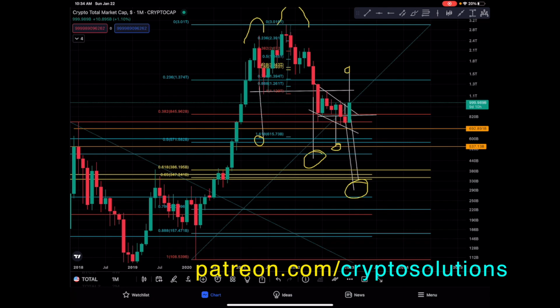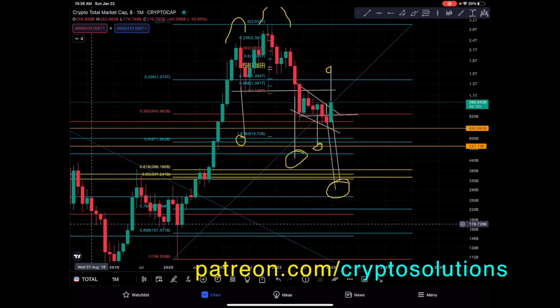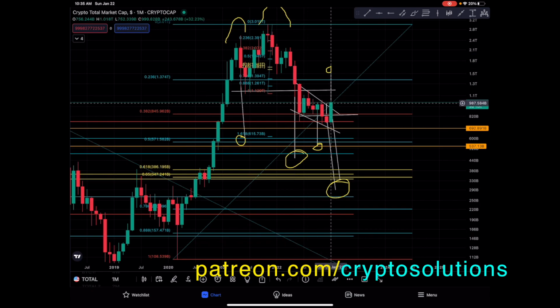A potential scenario will be a relief rally and then continuation to the downside along with the stock market. That can happen because in my view, there's too much space in between 88% of a pullback and 75%. And that's not how cycles work in the cryptocurrency markets. Usually when you have an 88% pullback in the previous bull market, you can expect at least an 80 to 85% pullback to occur.